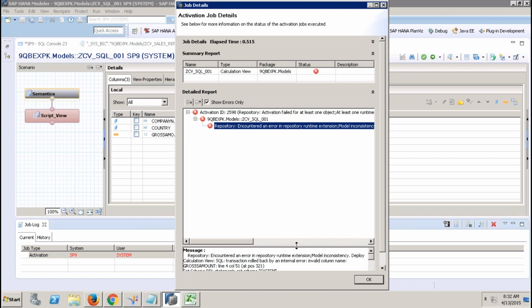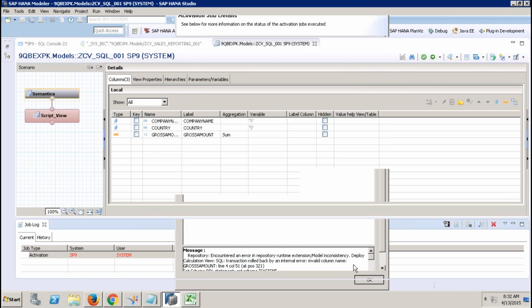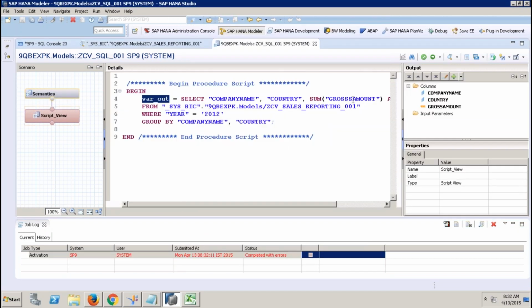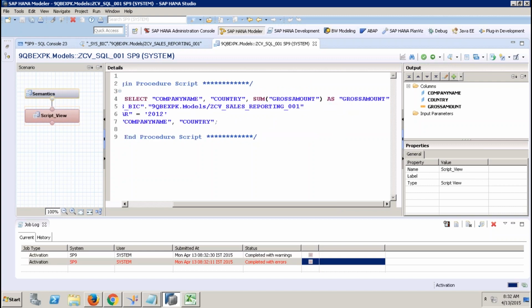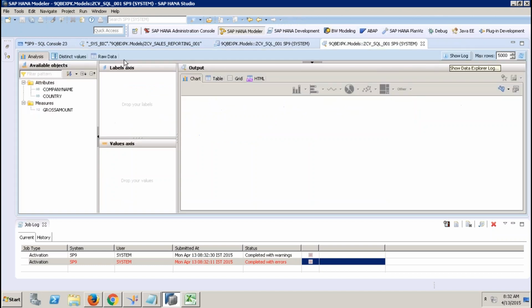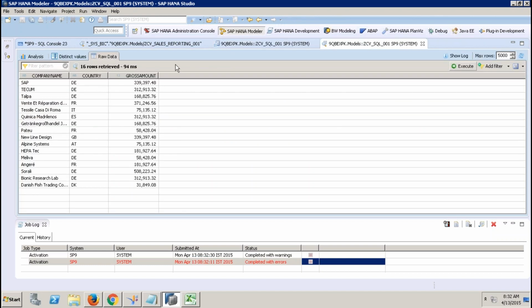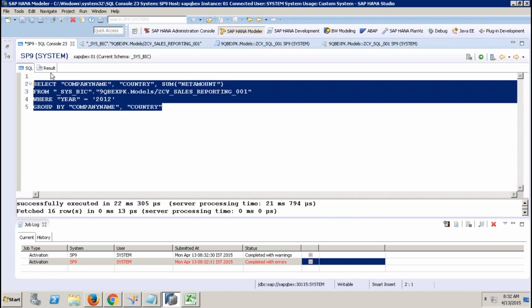Invalid column name, what is it? Gross amount, there is an S. Sum of gross amount. Yeah. That's it. Now this scripting base, when I say try to see the details, it will show me the same results. Now whatever you could get this result from here,